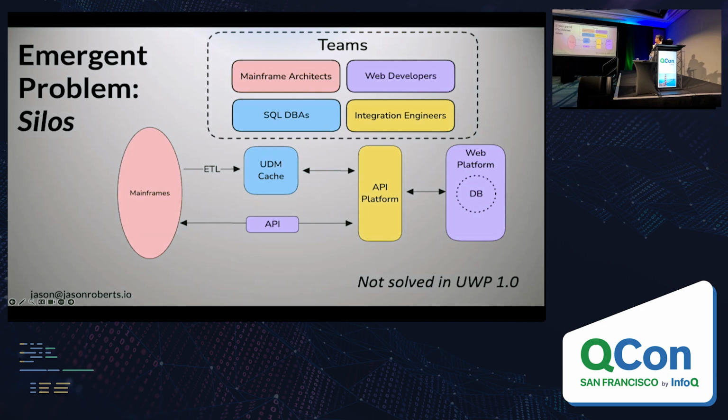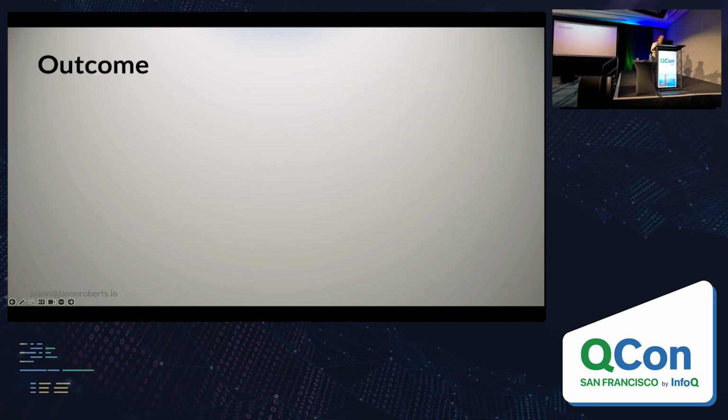So our solution also created a very siloed team structure. It fit with the architecture where we have very specific skill sets and teams aligned to very specific skill sets. So we have 4 siloed teams. This required a high amount of coordination and effort to release a single customer user experience.